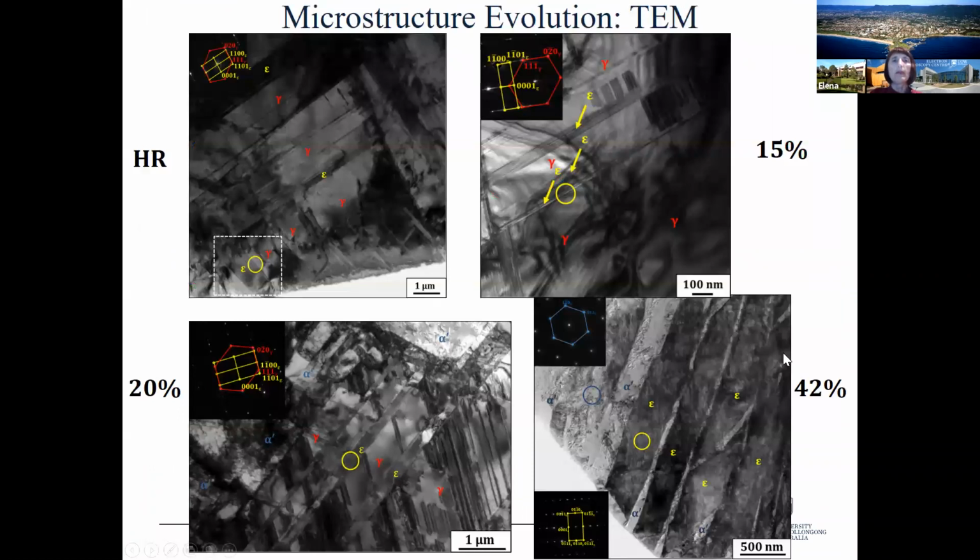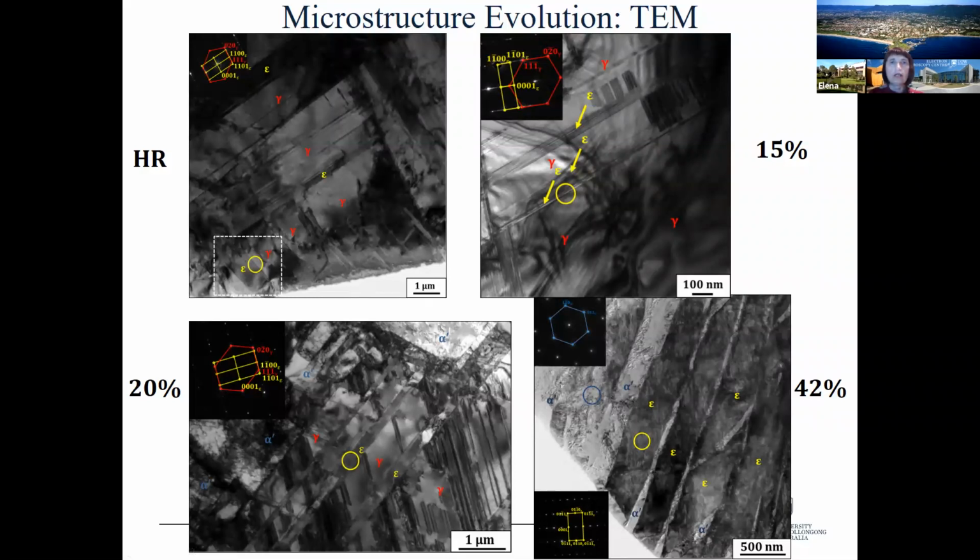If we look in TEM, we will see that we have a bit of epsilon present in austenite here in the initial state, but the number of packs of epsilon martensite increases with increase of strain. Further, the number increases, they're thickening, and also we have a lot of stacking faults forming in austenite, which all assist formation of epsilon martensite and alpha martensite developing. And later on, we have a lot of alpha martensite with epsilon martensite.